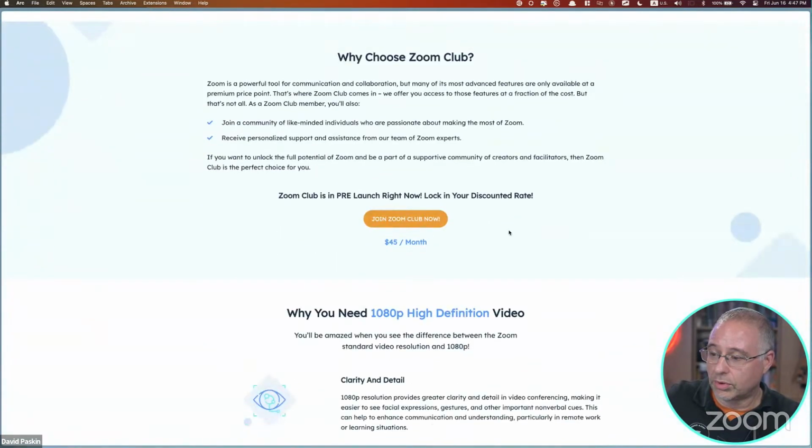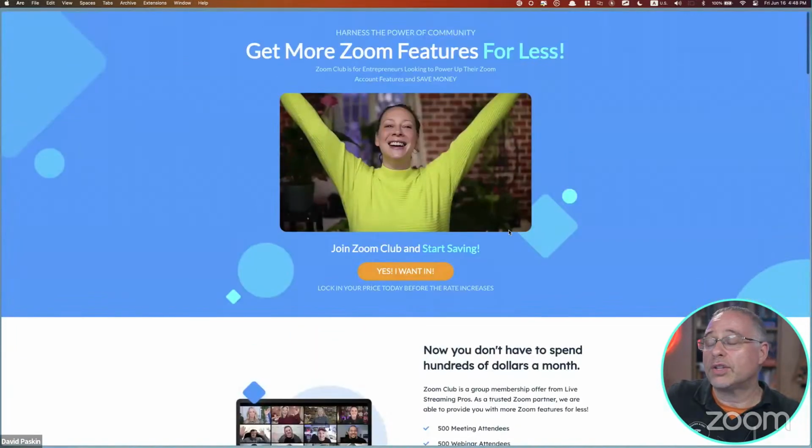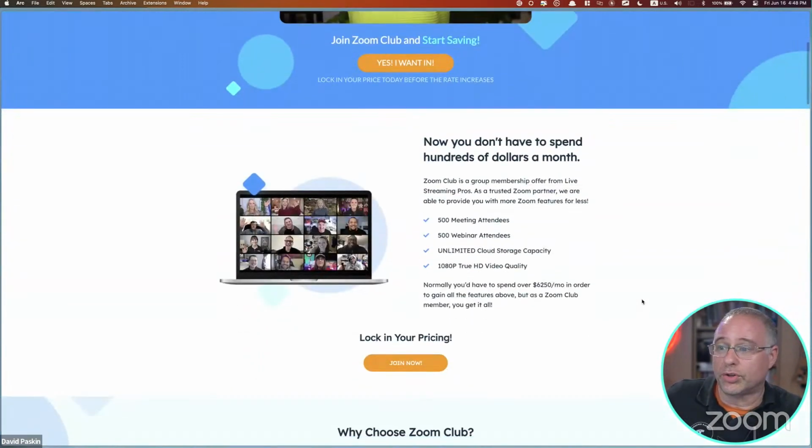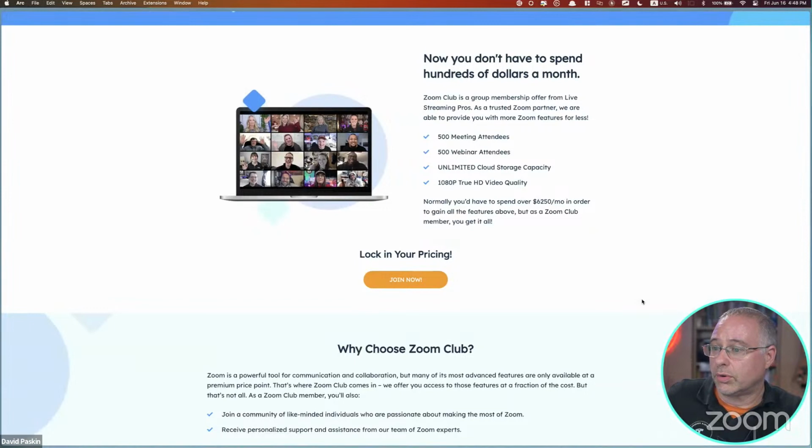I find that pretty hard to believe, in the sense that they are a trusted Zoom partner and are reselling this. Well, I happen to know this company, and I don't know what a trusted Zoom partner means, but the company at least is the real deal. I've never heard of trusted Zoom partners or this at all.